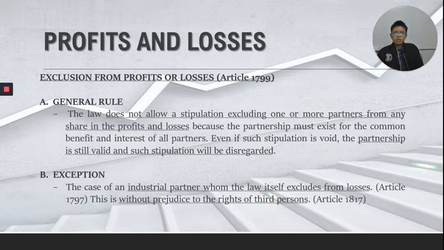However, because an industrial partner is exempted from losses, even if your industrial partner pays the creditor/third person, he can ask for reimbursement from the capitalist partners. So, kahit na nagbayad siya, makakakuha siya ng reimbursement from the capitalist partners. So, that is the reason why, even if he is made liable, he is excluded from losses because of his right to ask for reimbursement from the capitalist partners. So, yun ang